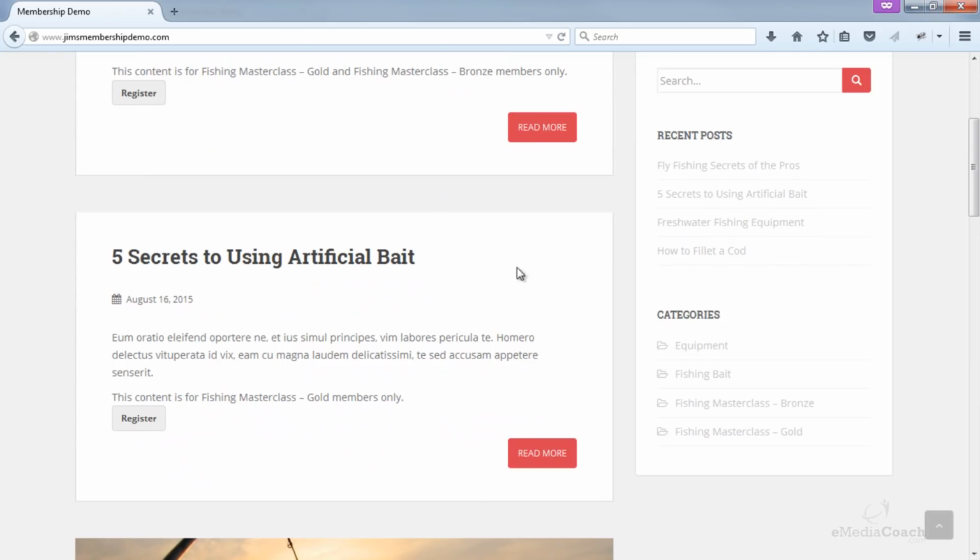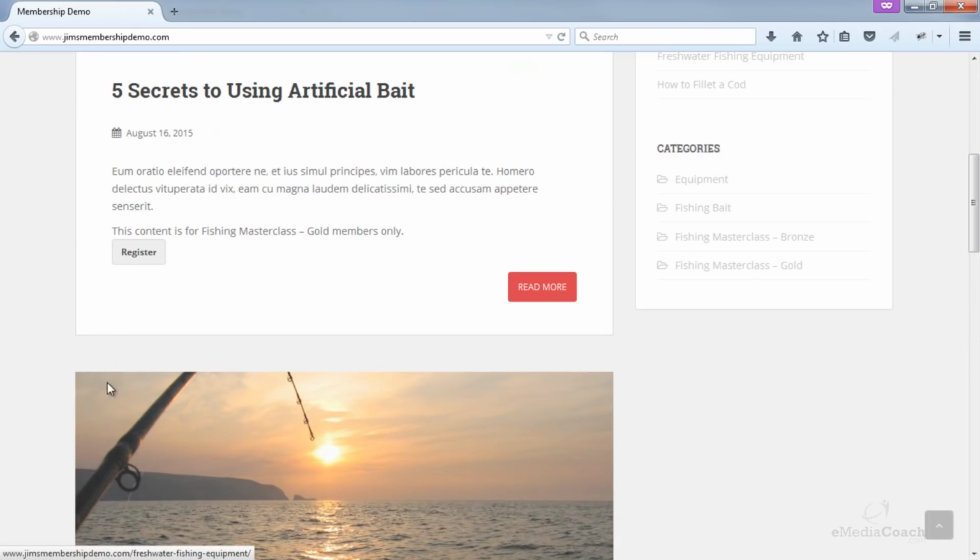I can no longer access that content. So as you can see, it is highly automated. You really don't need to do much other than putting out good content time after time. The administrative side of things is all taken care of. Once a user cancels their account or cancels their recurring payment, they will no longer receive access to their content. If you have any questions about that, please do ask in the comments and I'll do my best to answer it for you.